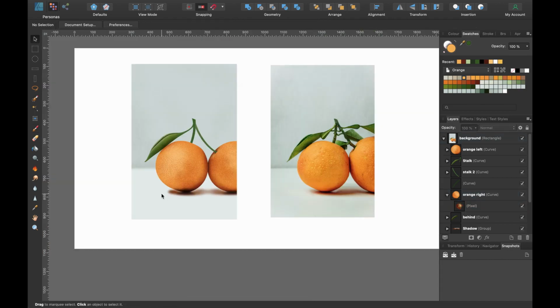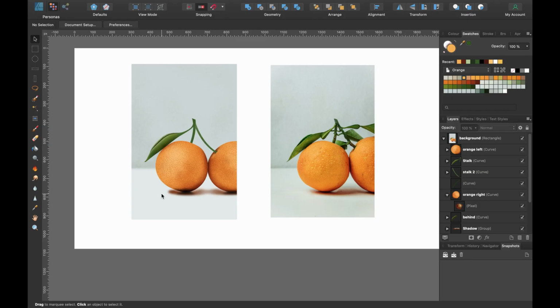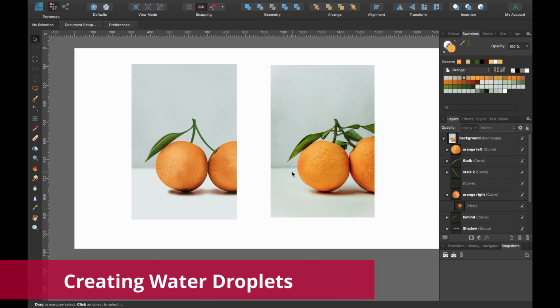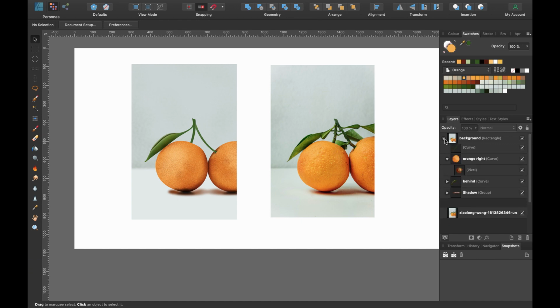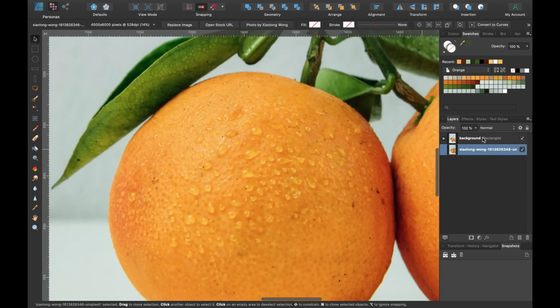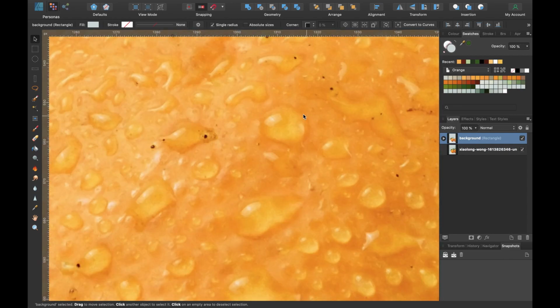Okay, so we have an orange. It's not perfect. It's not just like the photo, but we've got some cool texture going on here. And I suppose the last thing I'll show you is how to create these water droplets. So I'll just minimize all of this and show you how I would go about doing that. I'll kind of just want to duplicate one of these water droplets here.